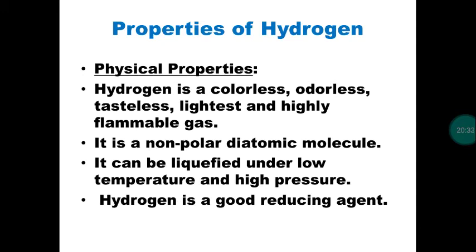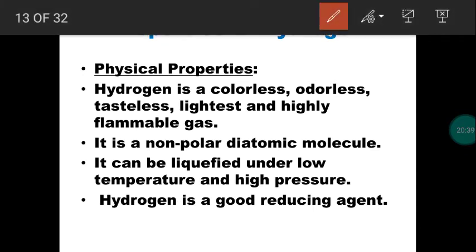Next, as I said, a single hydrogen atom cannot exist, so it always exists as a molecule. So hydrogen always exists as a diatomic molecule. Two similar hydrogen atoms combine together to produce a hydrogen molecule. Now this hydrogen molecule is non-polar in nature. Pole means a charge. If any substance contains charge, it is called polar in nature. For example, water. Water contains charges. But hydrogen is non-polar because a covalent bond is present between two hydrogen atoms. So this is completely non-polar in nature.